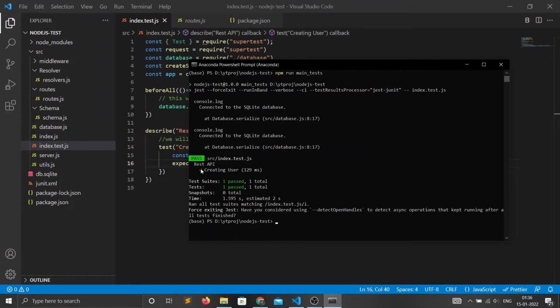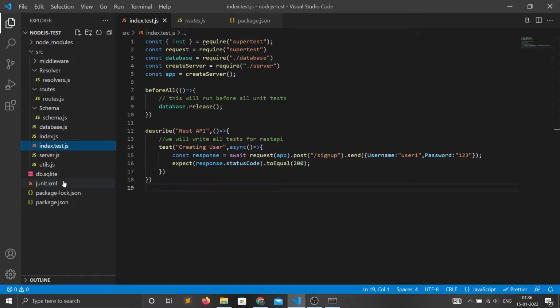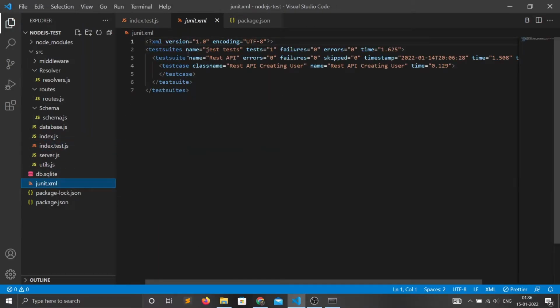As you can see, the test has passed. And if I look at our JUnit XML file, you can see it gives us the output about how much time it took to run the test and at which timestamp we ran it.